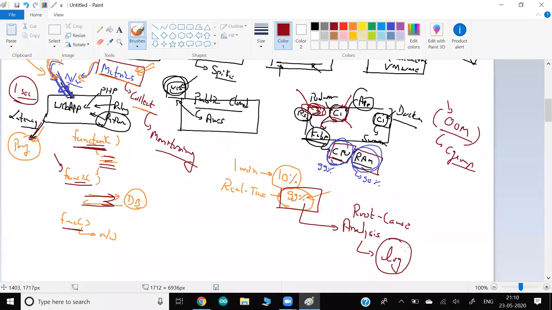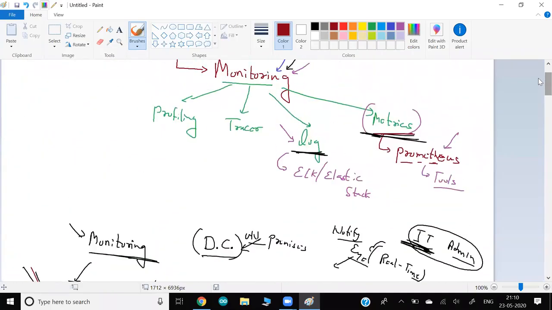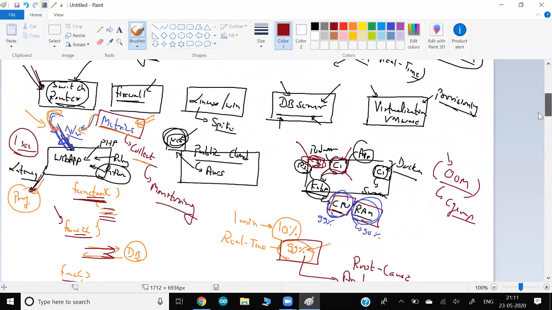So guys, this is not my main topic today. Logs we will discuss in great detail when I cover ELK or Elastic Stack. It's a different tool, but a lot of people sometimes confuse metrics with logs. They are different things. You can think of a metric as the first place where they notify you as an admin that something is fishy here, just go and check why it's happening.